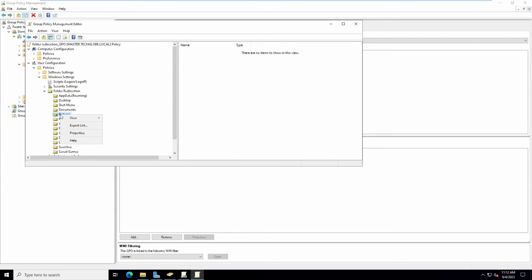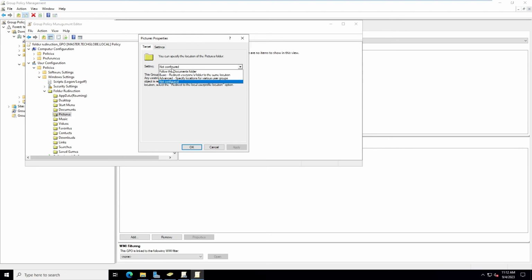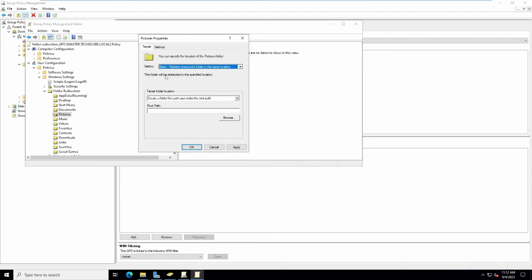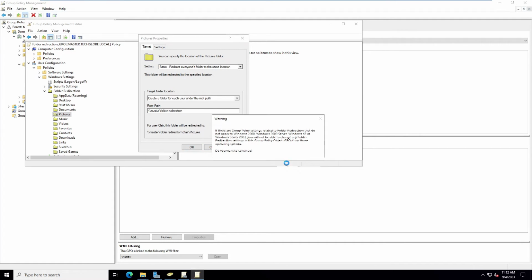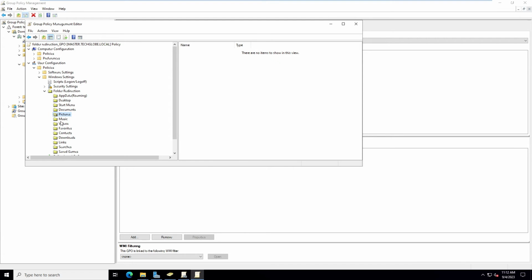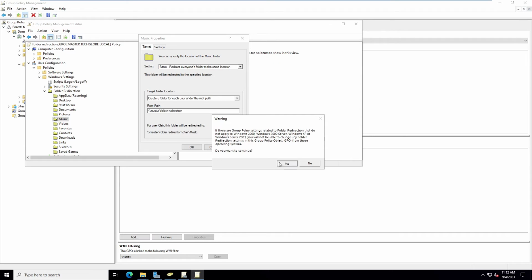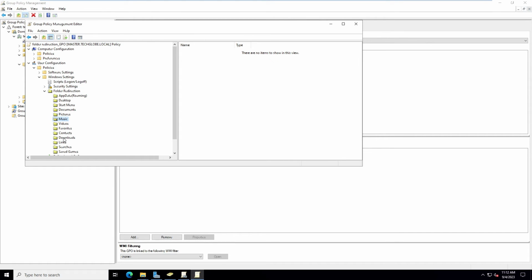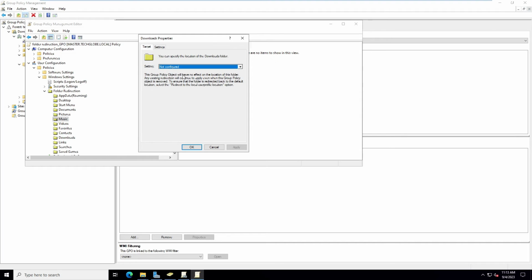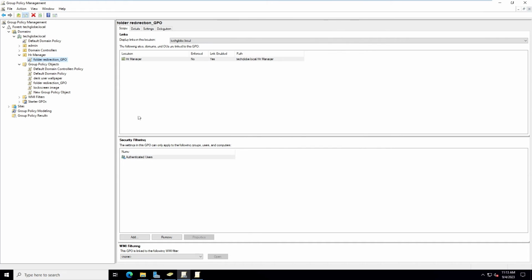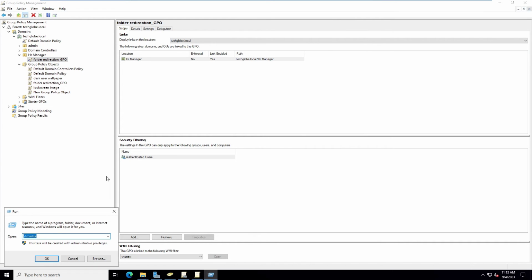Okay, the same for the Pictures folder: go to properties and the Basic option, paste it. Come to the Music folder and properties, same Basic, and click OK. Same way you have to paste it for all the folders you want to assign folder redirection. Okay, now go to the run command and type CMD,